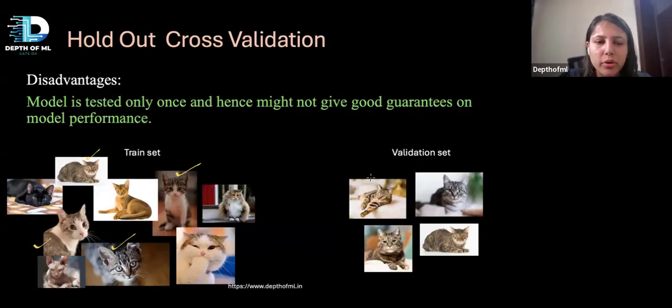So the split is not good. Also, I am not evaluating things on all of these other cats. The split happens to be like this, that these 4 cats made it to my validation set, and I happen to have these kind of cats too much in my training set, right? So definitely my model is going to perform better over here because it has already seen these kind of cats. And because I'm doing validation, or model testing, only once from this particular data split,